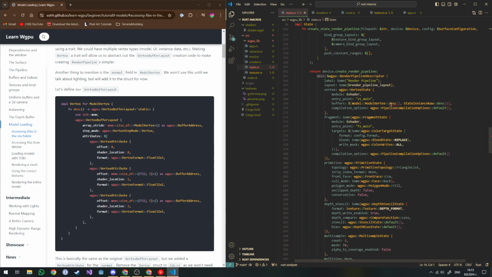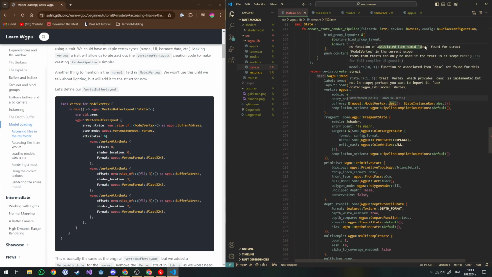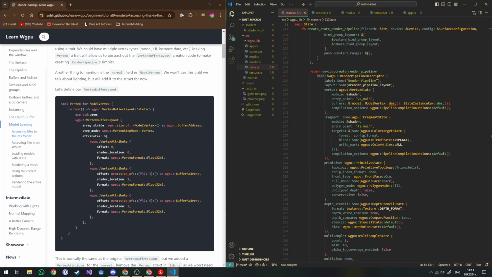No function or associated item named desc found for struct model vertex in the current scope. Only if that trait is in scope. That means